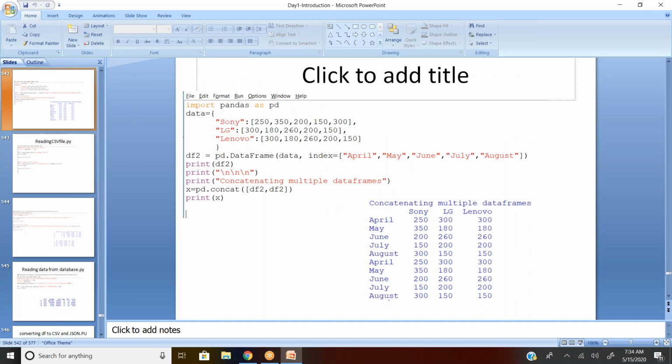And say you want to concatenate two different data frames. You have data from SQL, data from Excel, and data from Oracle, and you want to match all of it, to append. If you want to do the append activity, use pd.concat, concatenate. This is the function name to concatenate multiple data frames. Right now I have only one data frame called df2, so df2 comma df2, and the system will automatically append the data. One catch here is that I did not give any instruction like duplicates being removed. The concat function just adds the data and does not check for duplications, so the same data is repeated.